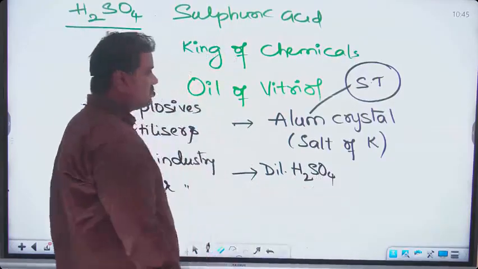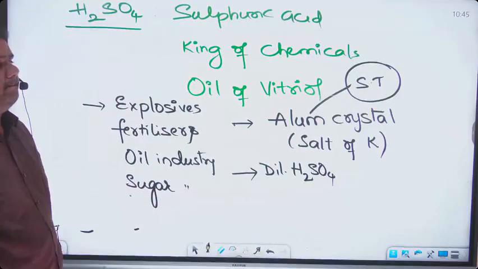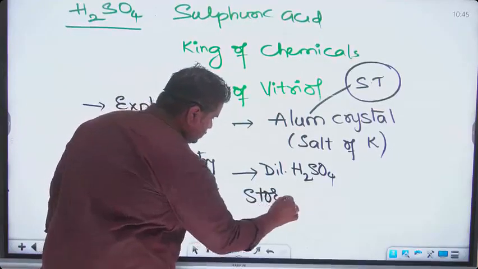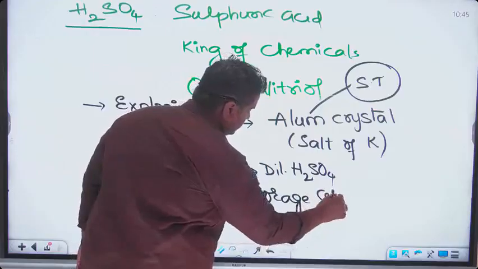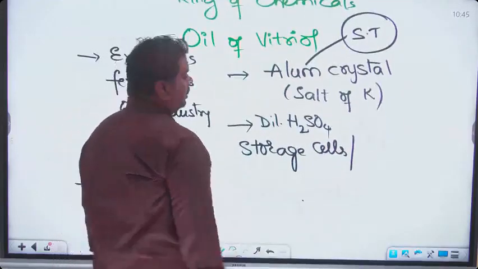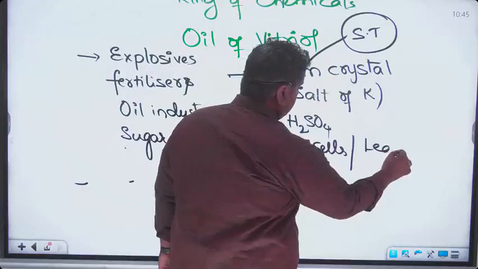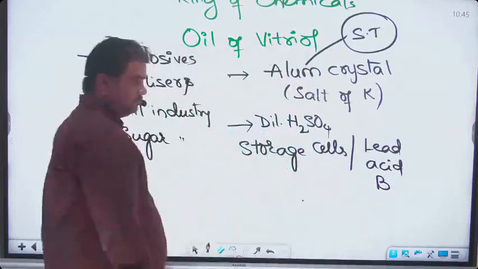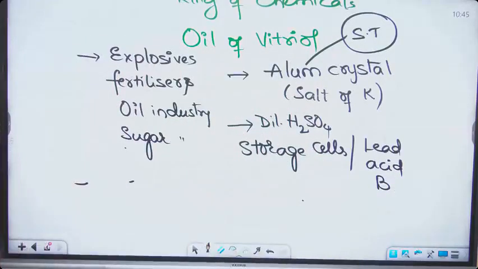is used in storage cells or lead acid batteries. I hope you remember, Electricity topic lo discuss chesinnappudu we have discussed about the different types of cells: voltaic cell,